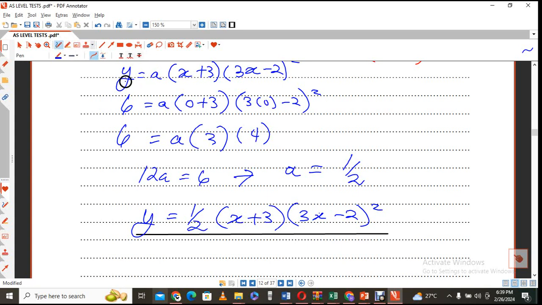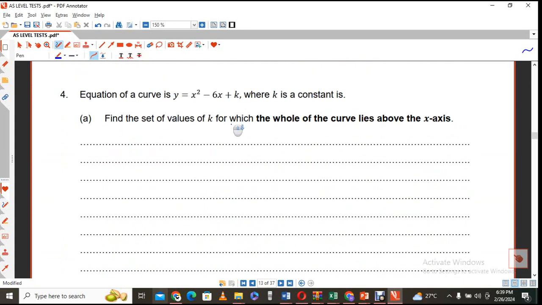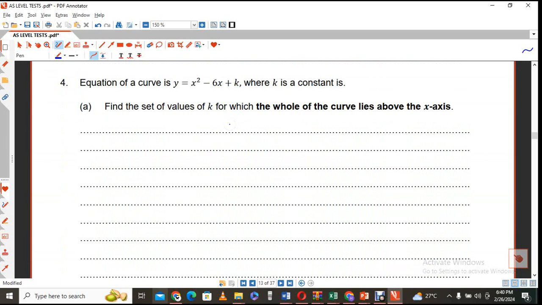Okay. Right. So that brings me to my fourth question. They say the equation of a curve is y equals x squared minus 6x plus k, where k is a constant. When they say find the set of values of k for which the whole of the curve lies above the